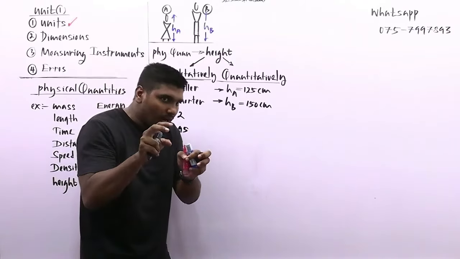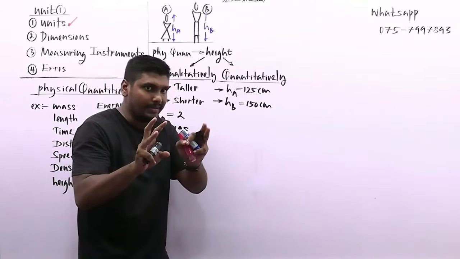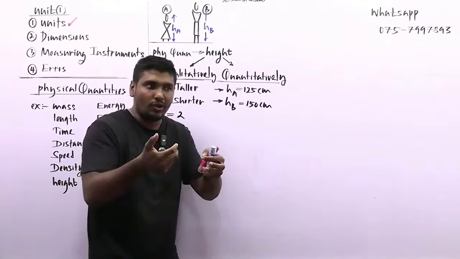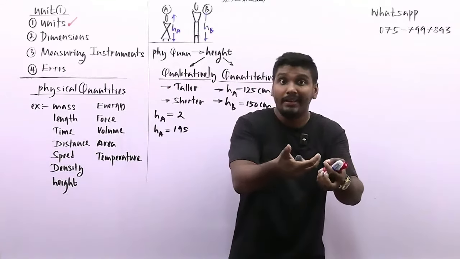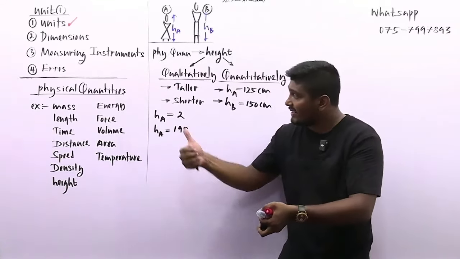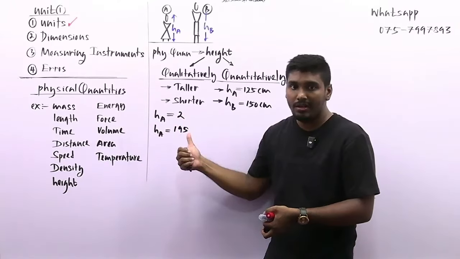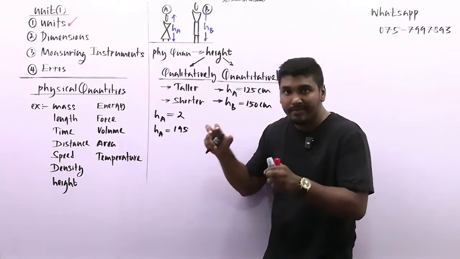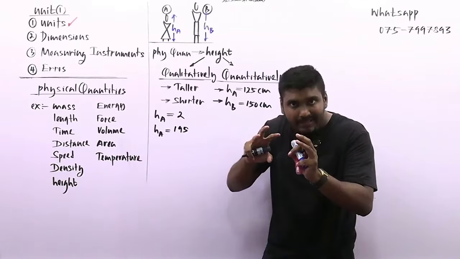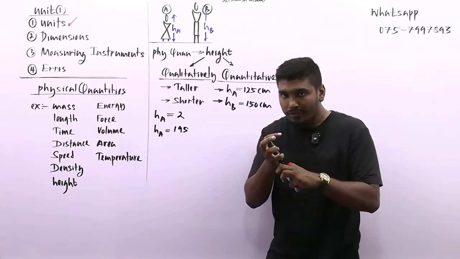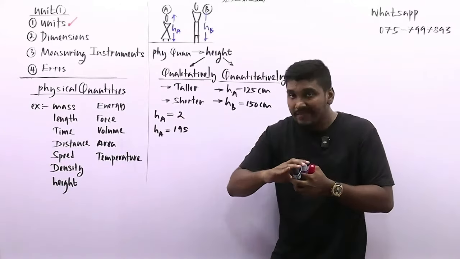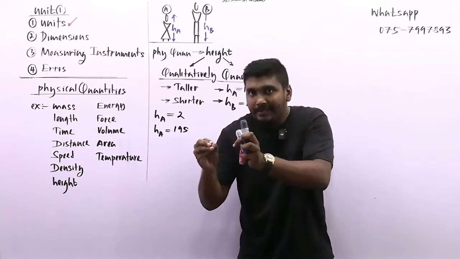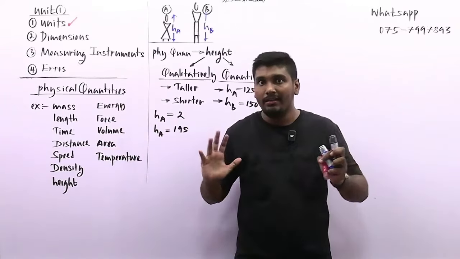So you are using your own methods to measure the height. One said 2, another said 195. That's a problem, no? The third party can't identify the exact magnitude. Why one says the height is 2 and why the other says 195, the third person can't understand it clearly. So when we are measuring a physical quantity, we should use a unit system that all of us are aware of, right?